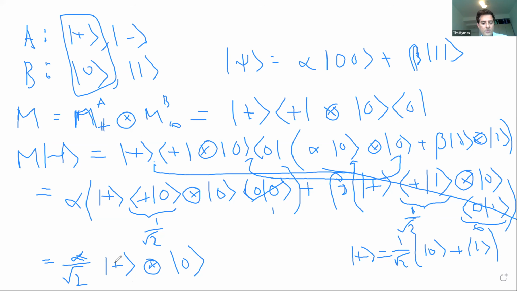So that's exactly the state that we have: the plus state on Alice and then the zero state on Bob. This is sort of obvious because that's the case that we looked at. But the important information here is the coefficient of that. Maybe I'll squeeze it into this slide. So the probability of this happening is